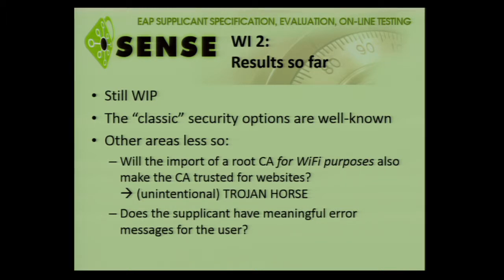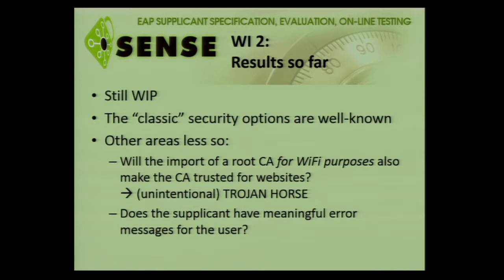So it also becomes trusted if I would present a web server with a certificate from that same CA. All of a sudden, that web server would become trusted. But actually, I just want EAP. I want this to trust my Wi-Fi deployment and nothing else. So devices which don't make any distinction here will just assume that the user imported a CA, so he trusts it. So an IMAP server or web server probably is also fine if it comes from that CA. If you just have a relationship with a Wi-Fi provider, that is just not true.